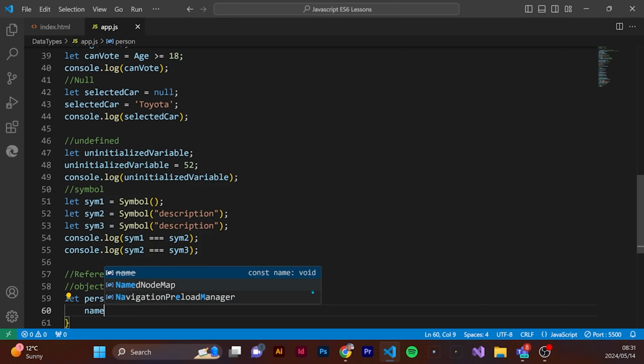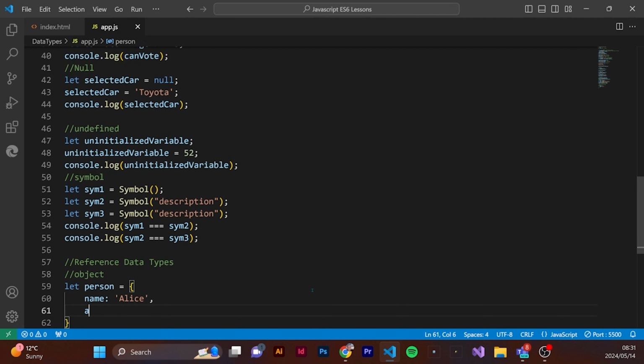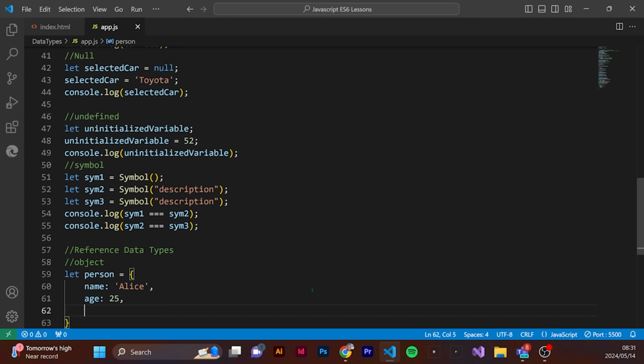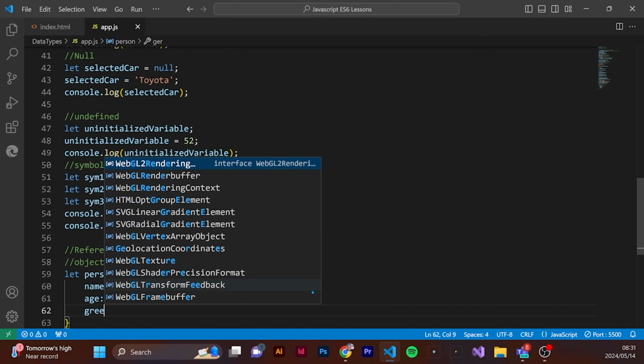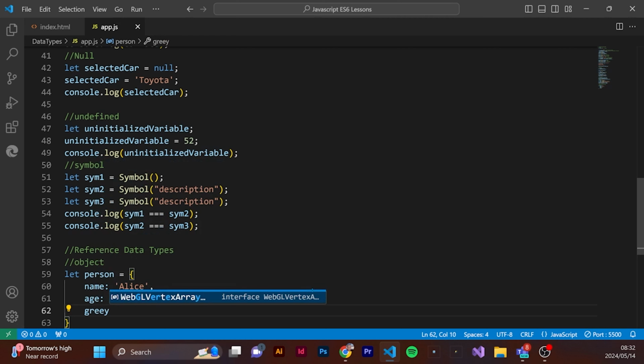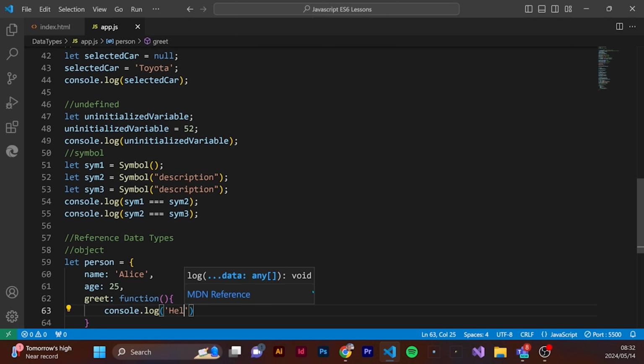We can say the key is name, and the value is Alice. And then we can say age with the value 25. We can have a function, or a method, called greet, and we just say hello, and here we can use string literals. Hello,